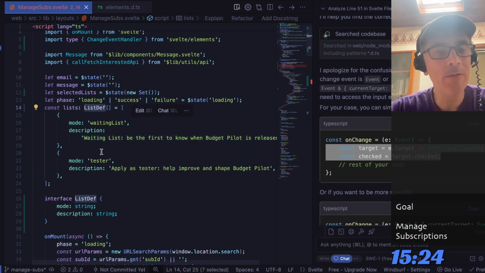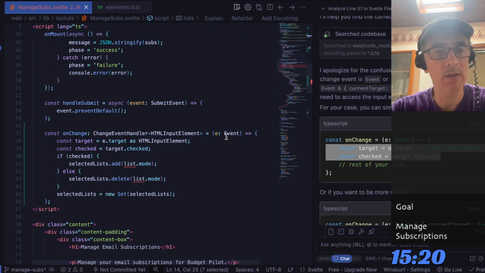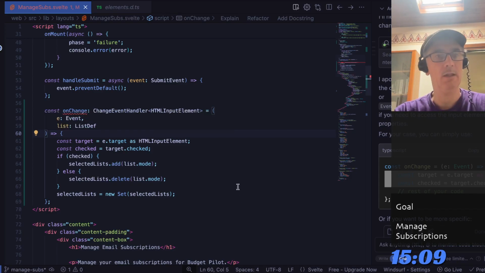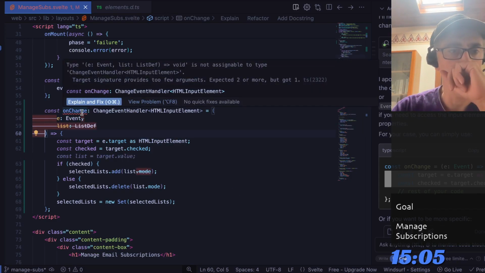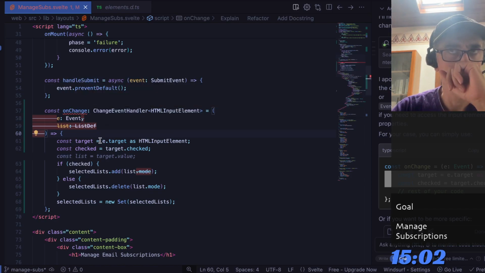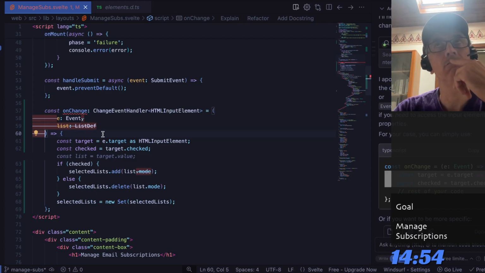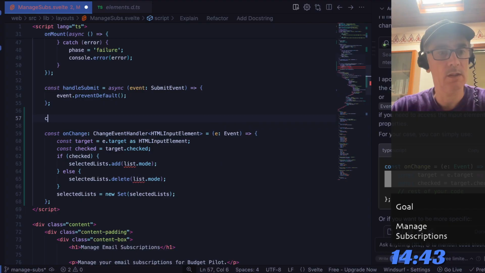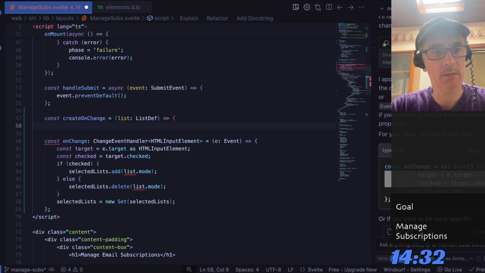Okay, and so now on my own change, I know that I need the event, but I also need a list, which is of type list definition. And everything compiles here, but not down there. Oh yeah, it's not anymore a change event handler. We need, all right, let's trace back that. Let's create a function called create on change, which will accept this definition